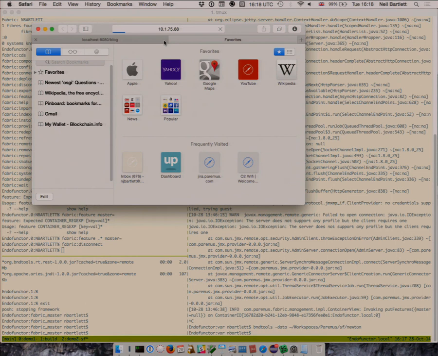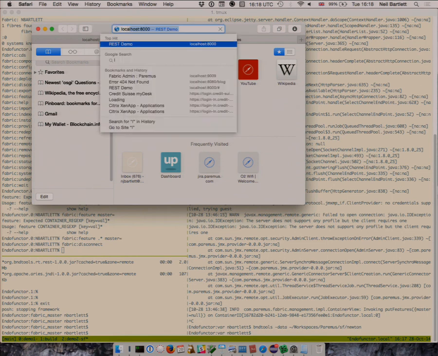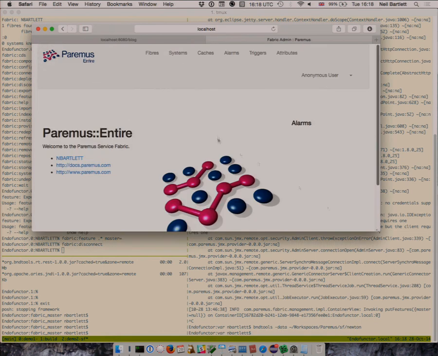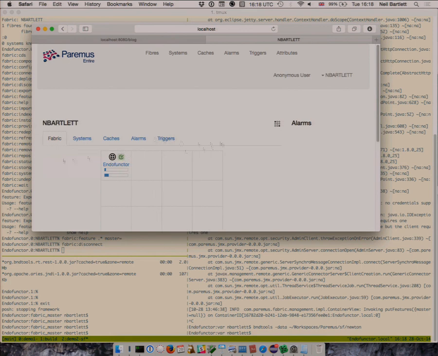Why is that not working? OK. So quickly, import this system.